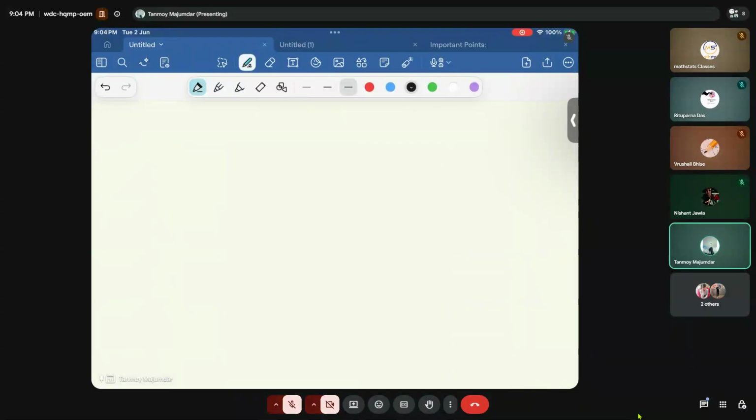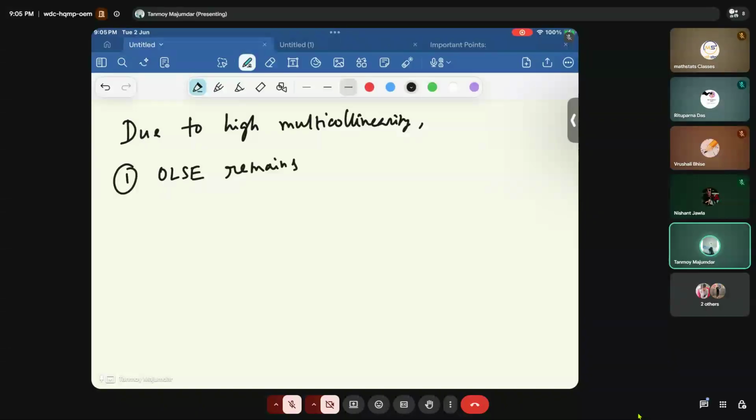नेक्स्ट वन इज दैट, जब मल्टीकुलरिटी ज्यादा होता है, हाई मल्टीकुलरिटी की वजह से क्या क्या प्रॉब्लम आता है, what are the problems we face due to high multicollinearity? क्या क्या फेस होता है? फर्स्ट ऑफ ऑल, सो जो ऑर्डिनरी लिस्ट स्क्वेयर का एस्टिमेशन है वो तो रहेगा ना। So ordinary least squares estimator remains an unbiased estimator of beta, हम लोगों ने देखा थोड़ी देर पहले, but the variance becomes very large।